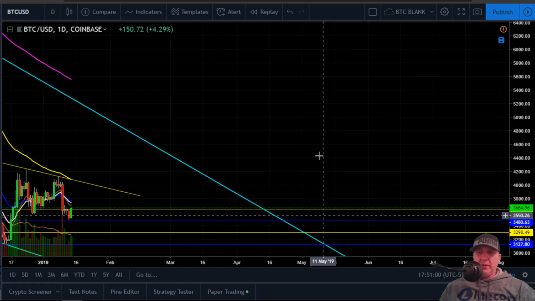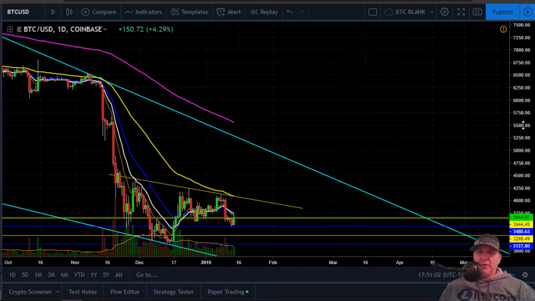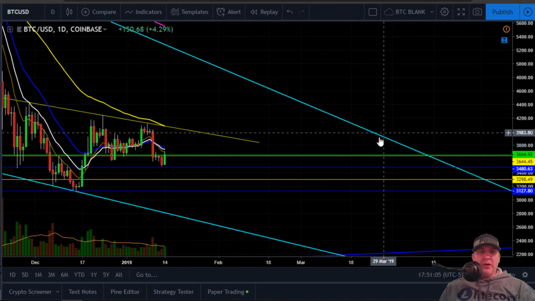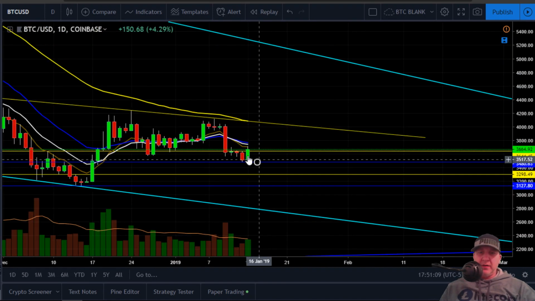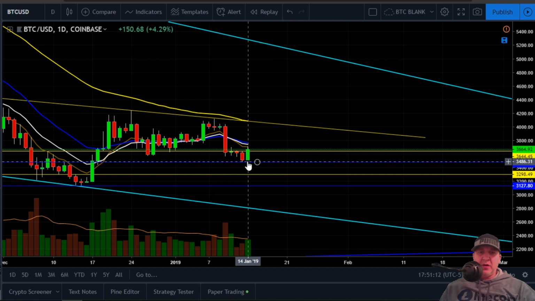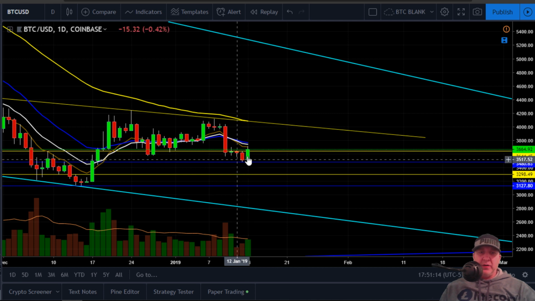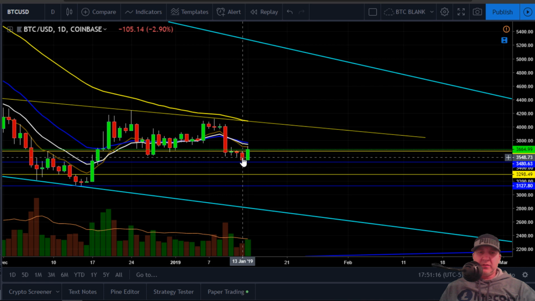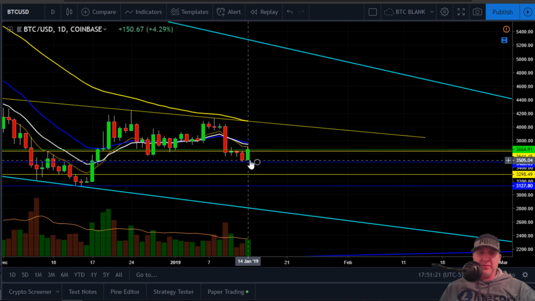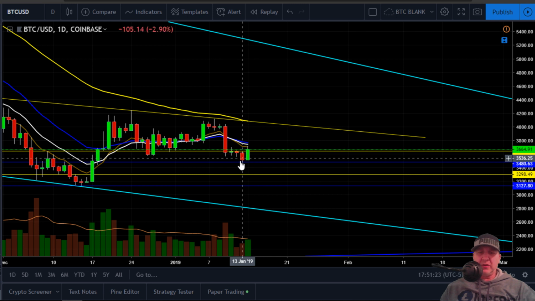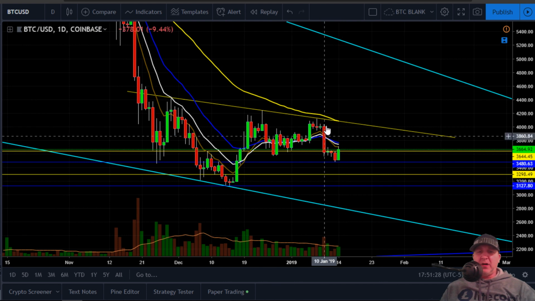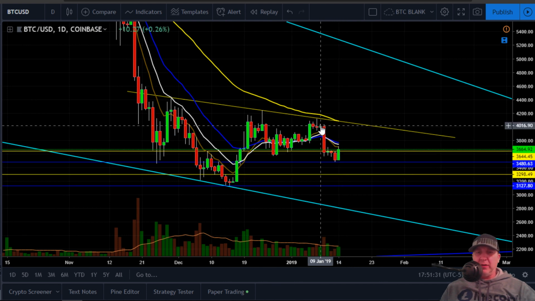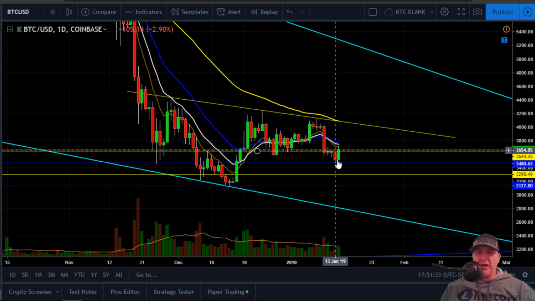Zoom in a little bit, and here we go. All right, well, we had a nice little move up today, and this looks like it may close a daily candle as a bullish engulfing candle, and that is the candle. If you see the red candle next to it, yesterday's candle, and today's, the body engulfs the whole of yesterday's candle, which would make it a bullish engulfing candle. That is a lot of times a sign of a reversal, and obviously we've had a little downtrend here.